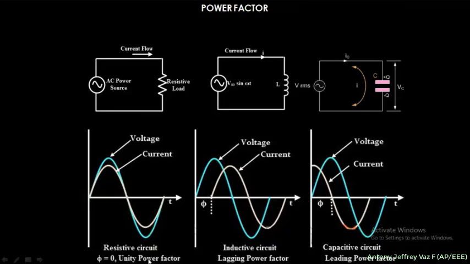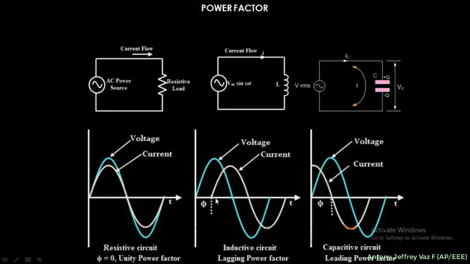If you move to this one, here this is the AC source, and this one is the inductive load. The AC source voltage is different and the current which is flowing through the inductor is also different in terms of magnitude. The voltage magnitude is different, the current magnitude is also different. While we plot the same,